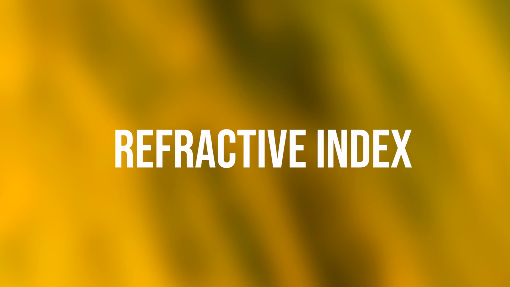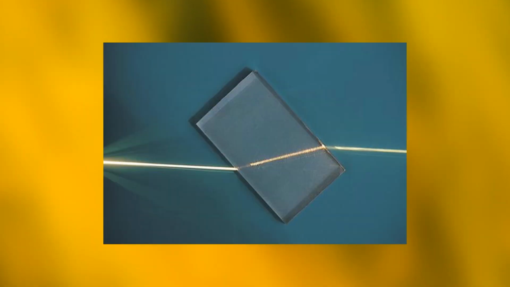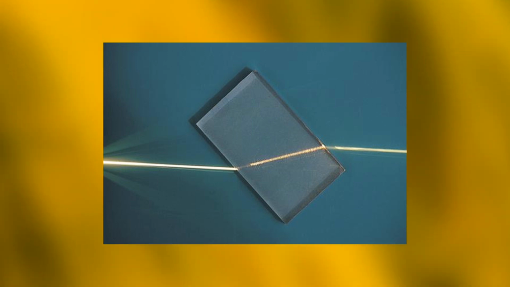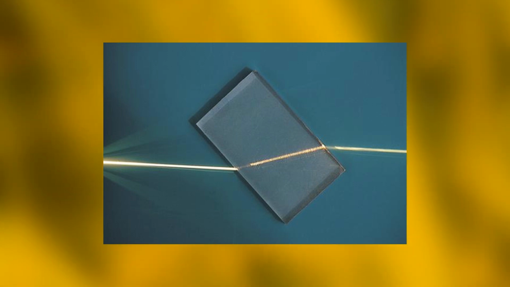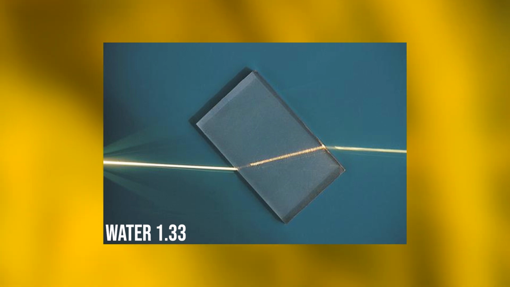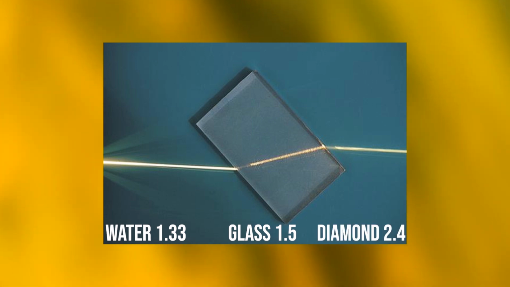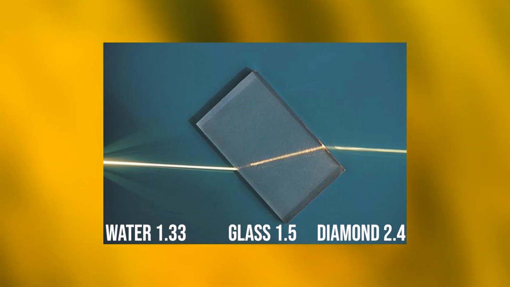The next property we are going to discuss is the refractive index. Refraction occurs because light travels through different media at different speeds. This reduction in speed is referred to as a material's refractive index and is represented by a number. For example, water has an index of 1.33, glass has an index of 1.5, and diamonds have an index of refraction of 2.4. You can go to the internet and search for the refractive index values and plug them into your material. Keyshot will show them accurately.